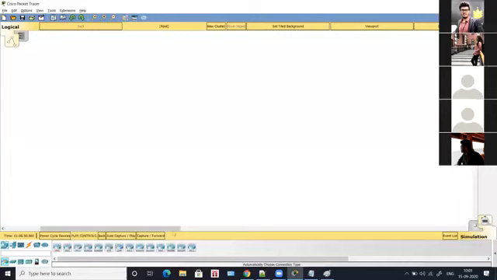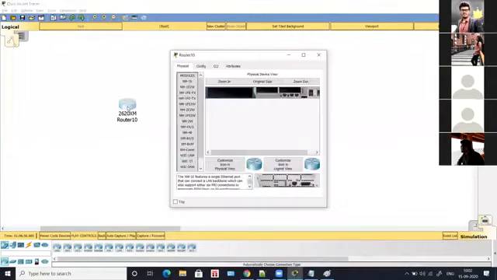In Packet Tracer, we'll go with routers. Yesterday, many people came up with doubts that they were not able to find WIC2T and all. So go with 2 series. See, you have many types of router here. You can choose a series that starts from 2. Okay, so I'll take 3 routers, router 1, router 2, and router 3. And obviously it is not going to have serial interface.